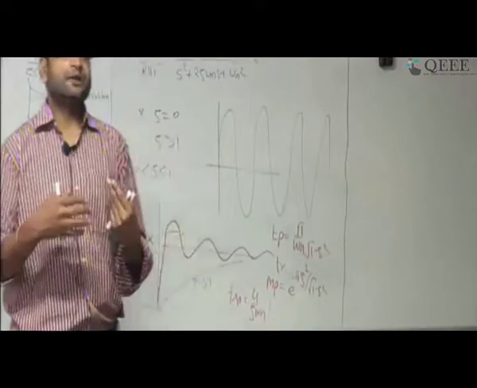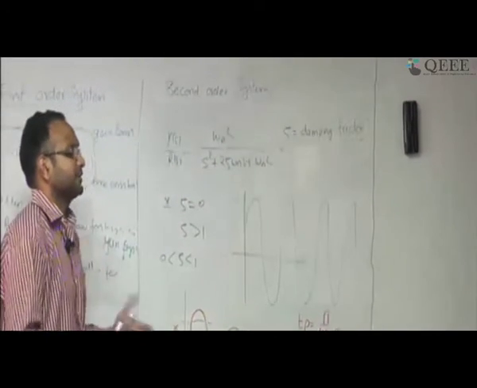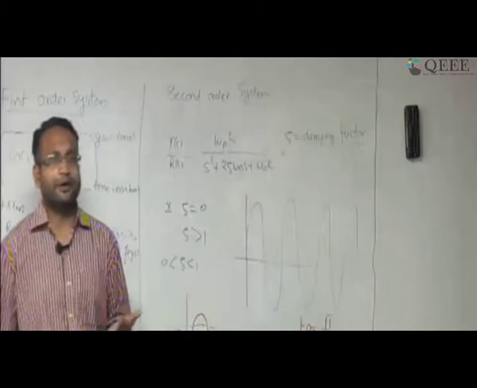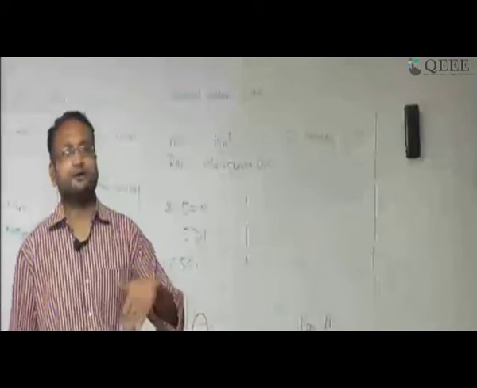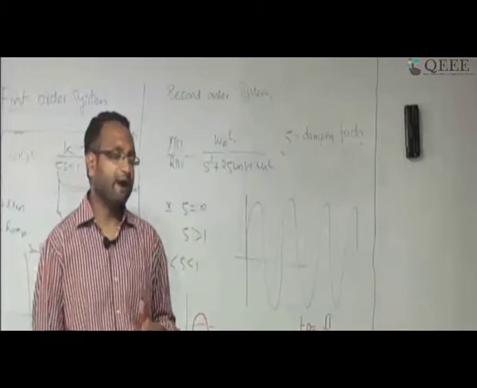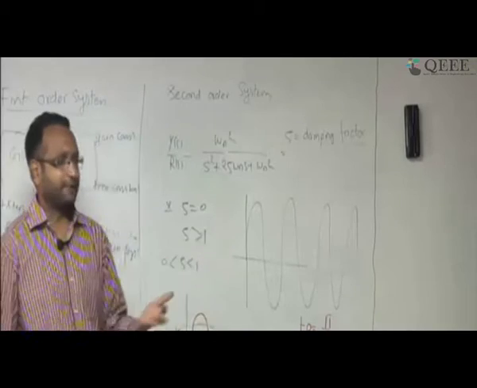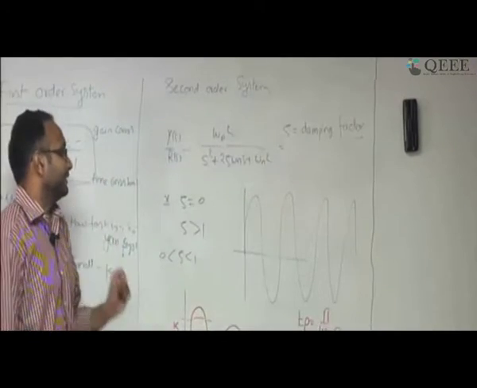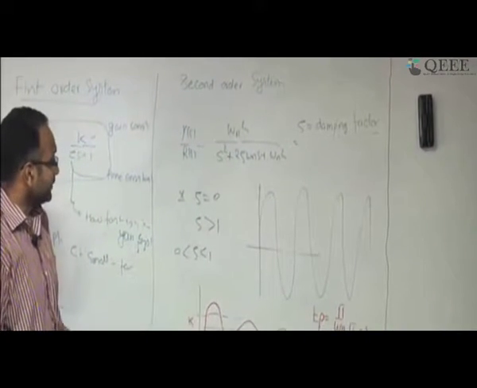Okay, so that can also be used as a metric, and it is very useful because sometimes you are expecting an output of 0.9. It doesn't matter, it doesn't have to be exactly 0.9. It could be 0.88, it could be 0.92 also. As long as it's oscillating around that value, I am fine. In those cases, as soon as I reach that band, I am happy. So that time is called settling time, and this is also used as one metric to define the second order system. Okay, so this we have seen.